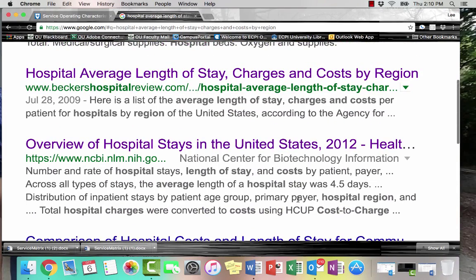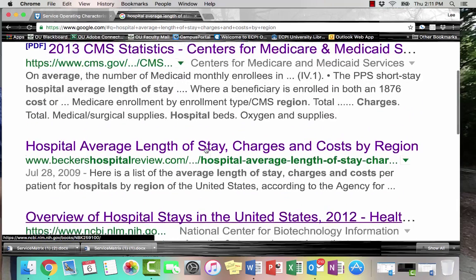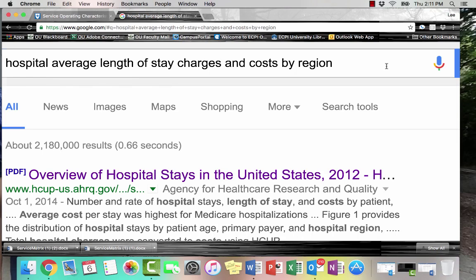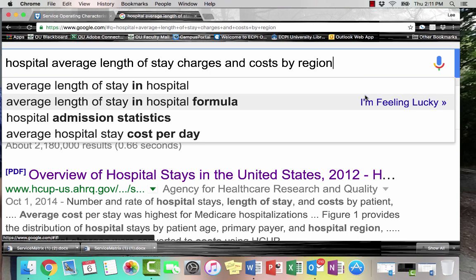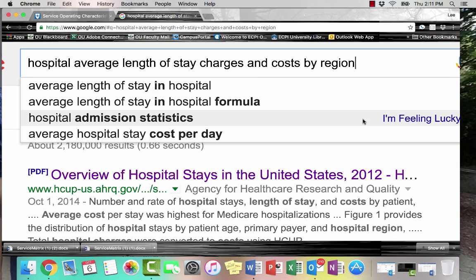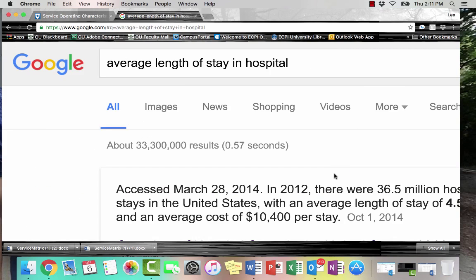2013 CMS statistics. I'm not concerned about what year you use. Whatever year you can find for the information. I just want you to find the information. That's going to be the biggest thing. So we're going through here. Let's take a look at one. So overview. We'll go to, let's